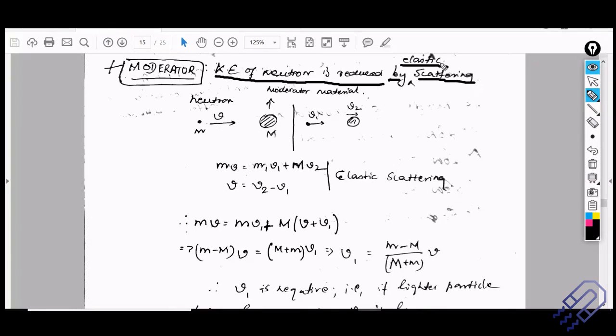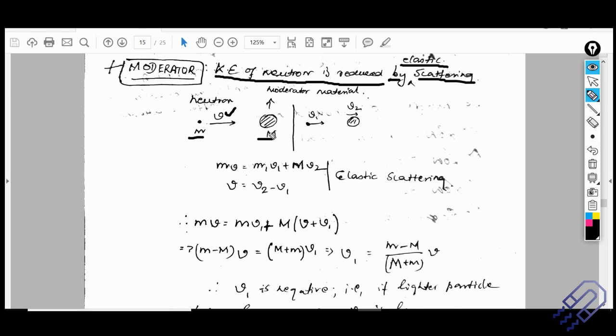Don't get confused here. The elastic scattering happens in the moderator, that means heavy water, not with uranium. If elastic scattering happens there, we are not going to get any kind of fission reaction. So please don't write confusing answers in your exam. We have a neutron which is coming with some velocity v, and a moderator which is at rest, so it's not moving around. As soon as the neutron hits, there will be elastic scattering. And if we consider the extreme limit in an elastic scattering, all the energy from the neutron will be transferred to the moderator.